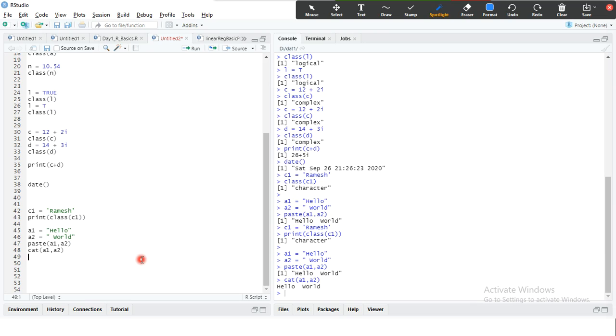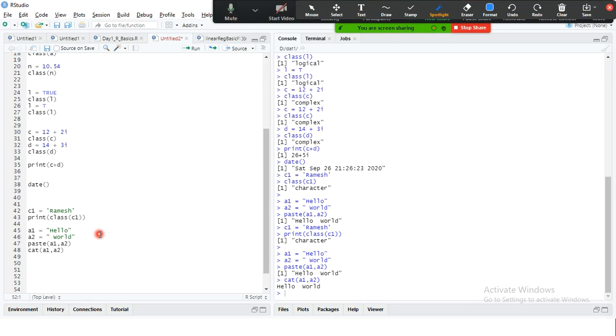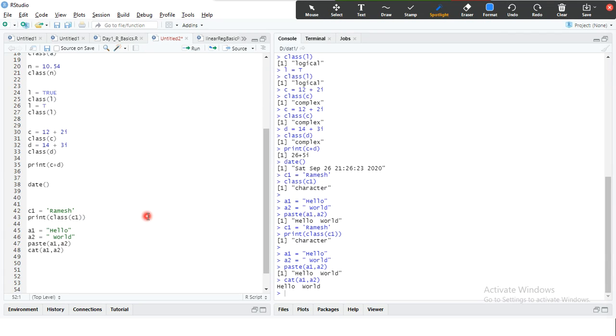Right, and what are the other things? Yeah, next we will see how to create a vector, how to store more than one value. Using a variable, we can store only one value. This variable can take any data type. It can be a string or complex data type, or any type of data you can store in a variable, but you can store only one value in a variable at a time.